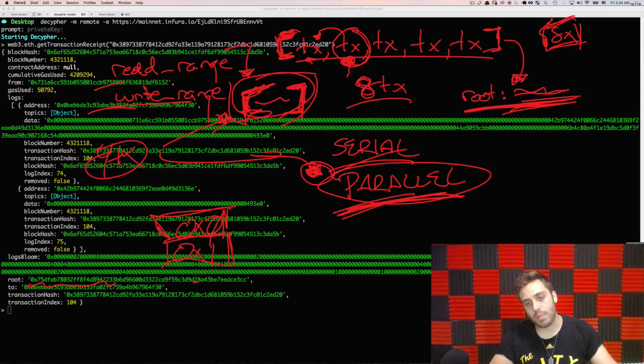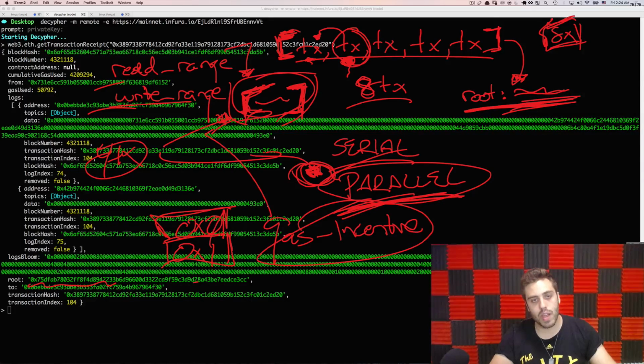And what's going to be super interesting is that there's going to be a gas incentive for actually processing transactions in parallel. Using these new APIs to process transactions will have gas incentives. Because in theory you're getting an 8x performance boost, and you want to incentivize users to make transactions in specific ways where they can make use of those performance boosts, because scalability is going to become the big hurdle on whether or not Ethereum succeeds or fails.